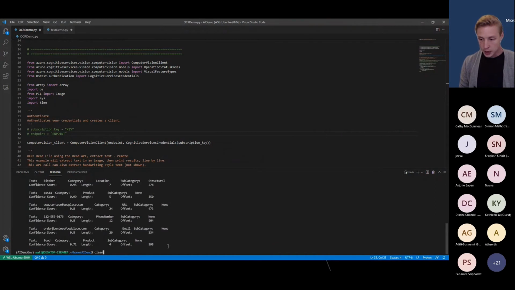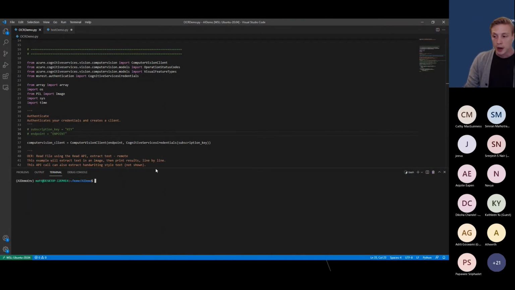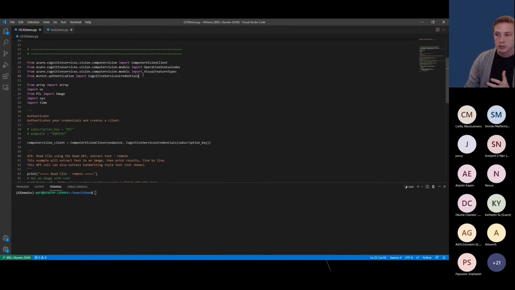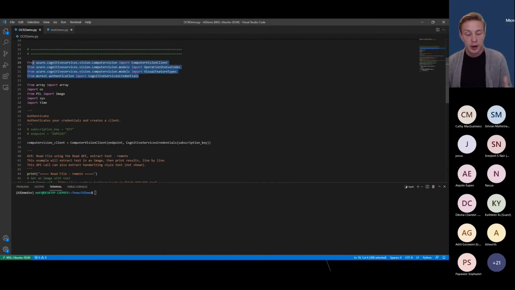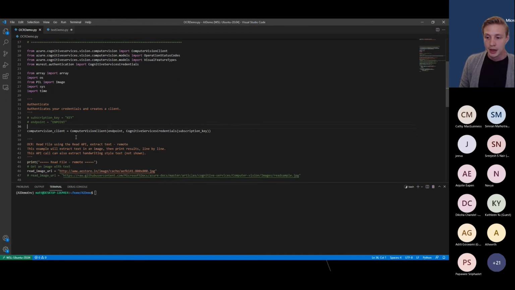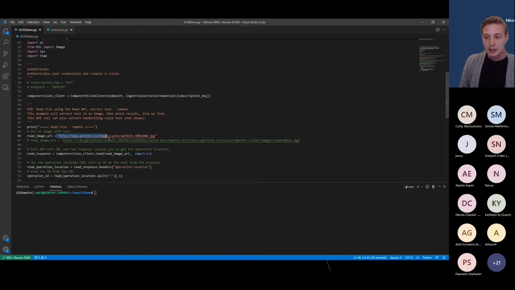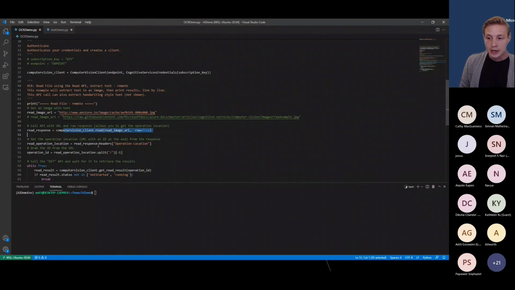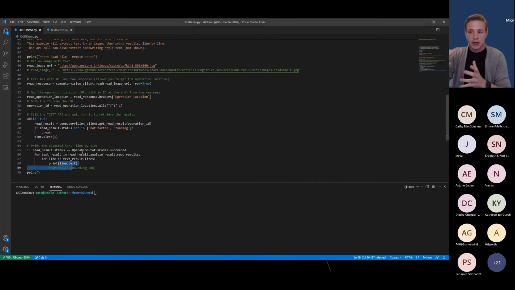Let me just clear this, and I'll show you how easy it is to build into your application. All we've done here is import a couple of components of the SDK. We've given it our credentials, which I've copied up here. And then we simply say, take this image, go read it, give me the results back, and then print the lines of text. So we've packaged up the SDK and basically said, here's an image, give me the result back. And if we then run this,